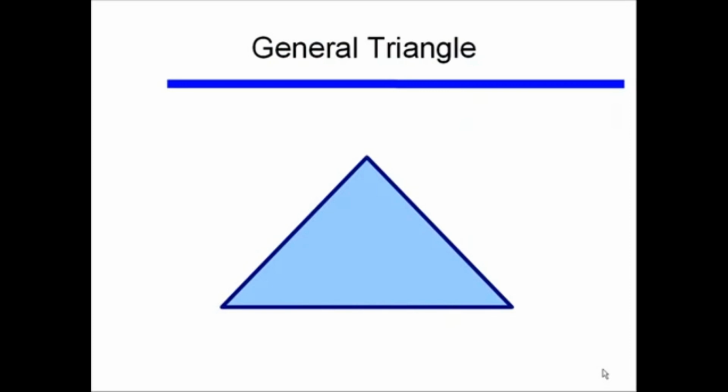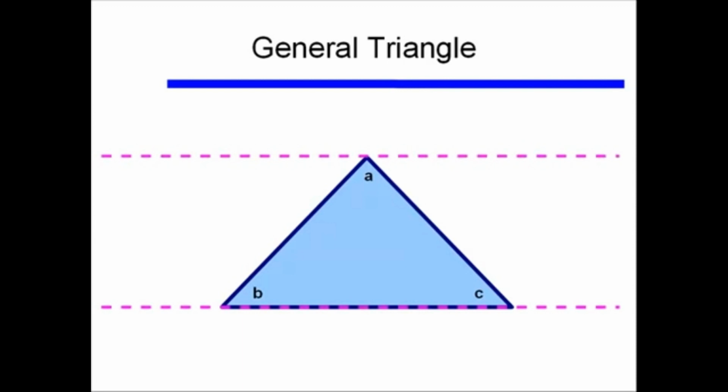Let's start off by looking at a general triangle. We are no longer limiting ourselves to just right triangles. And I'll label the angles A, B, and C. Well, if I draw two parallel lines, one line lining up with the bottom of the triangle, and the other